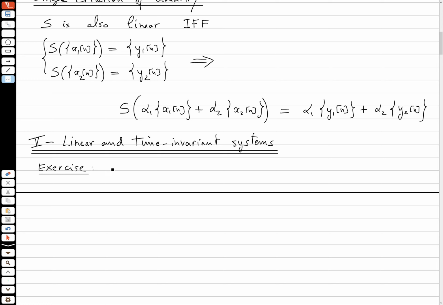So, assume that S is linear and time invariant. So we say LTI for linear and time invariant. But okay, if you just know that, you cannot get anything, right? It's too abstract. But assume also